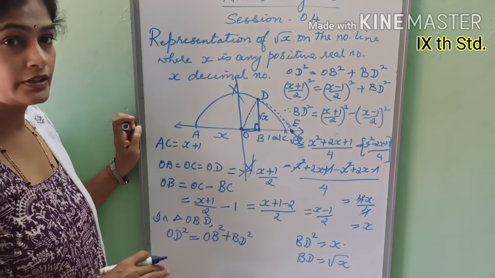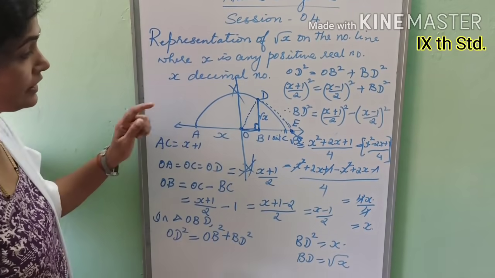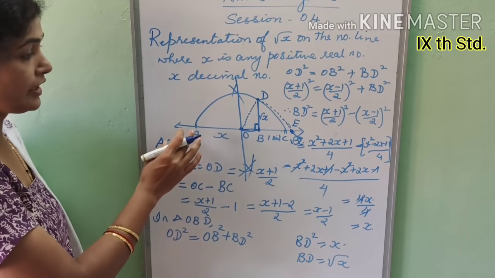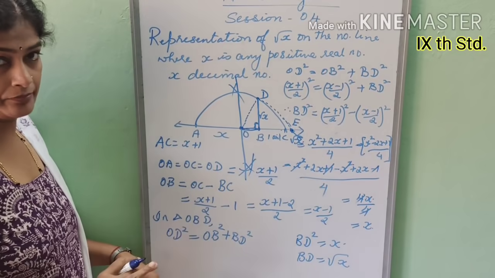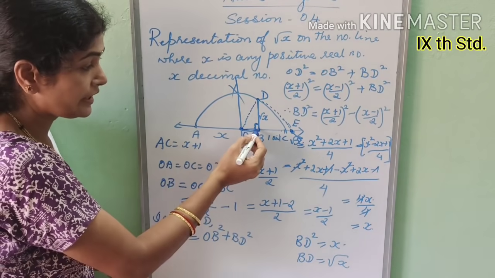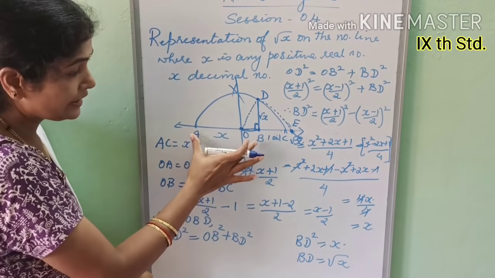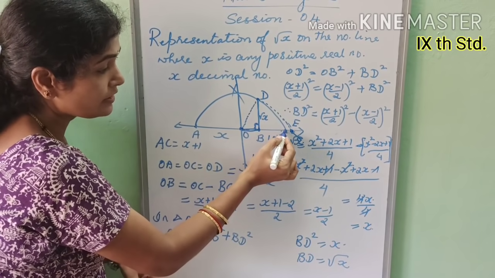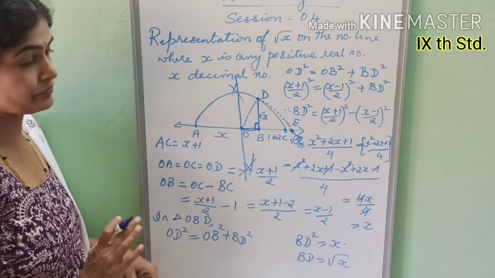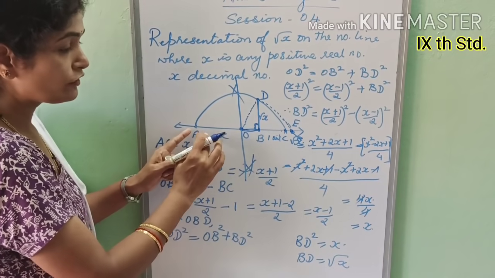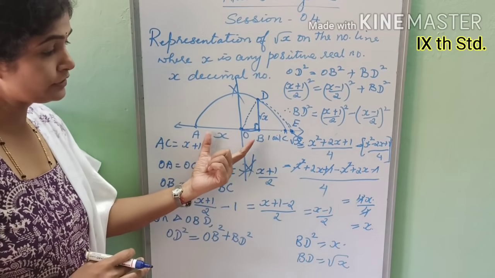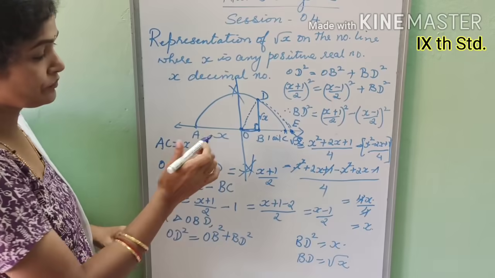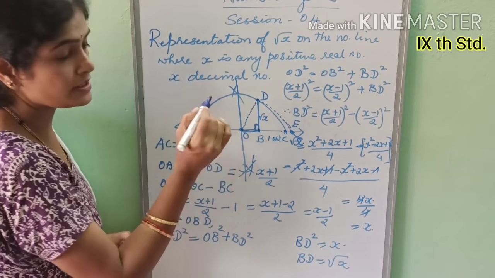Did you follow it? Now listen once again carefully. Follow how to write root x on the number line. First, what have we drawn? We have drawn a line. On that we have marked AB such that AB is of x units. Then from B to C we have taken 1 unit. After that we have drawn the perpendicular bisector to this AC so as to get the midpoint of AC. So that midpoint of AC is O.